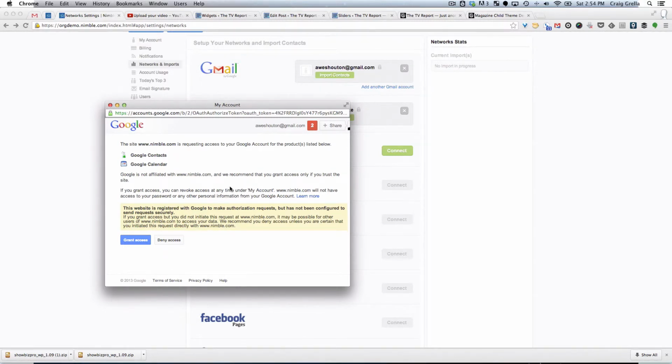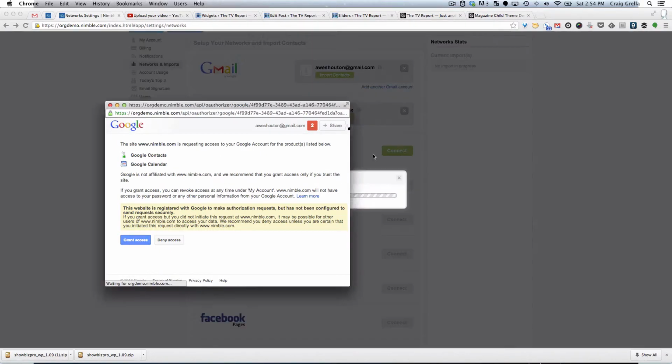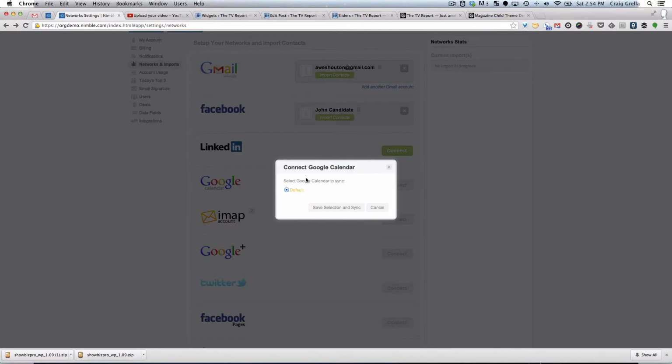If you have an organizational account, obviously you might want to use that organizational account as the calendar account that everyone could take a look at. So we're going to grant access, and that's going to import the calendar. So you'll notice here, this particular Google account has only one calendar, which is the default calendar. Now, if you have set up your calendar